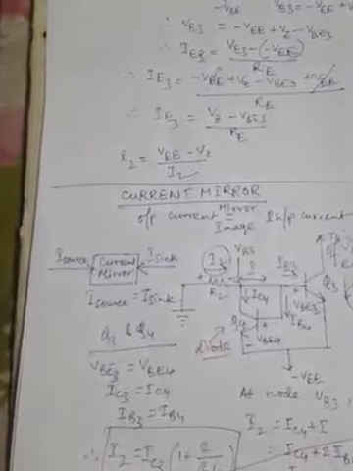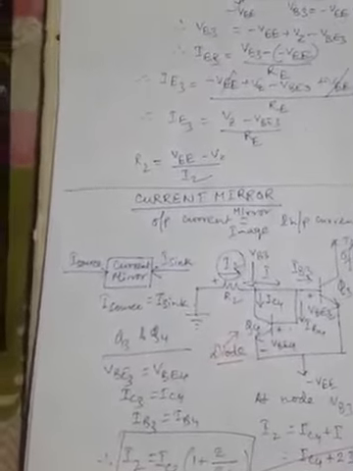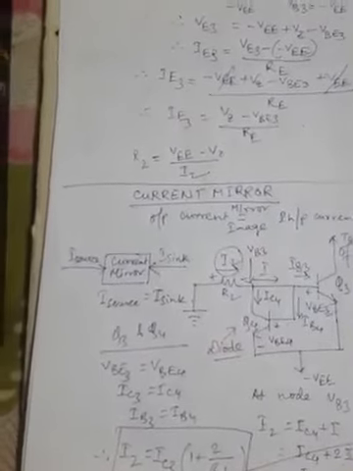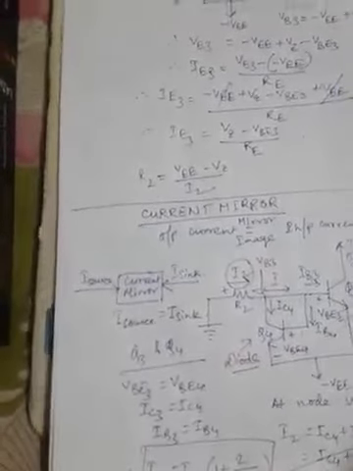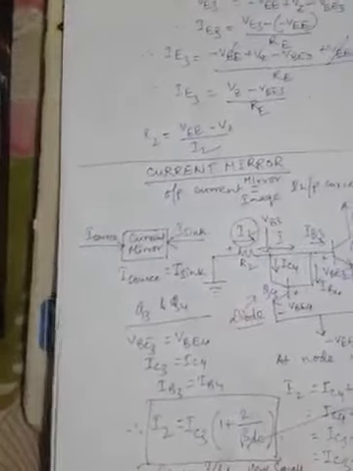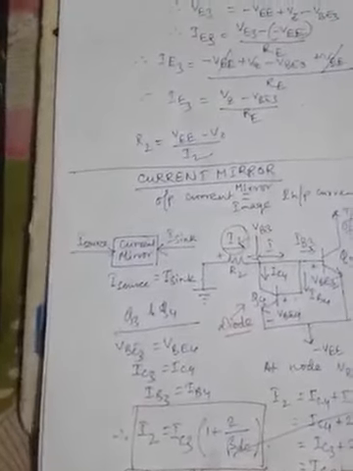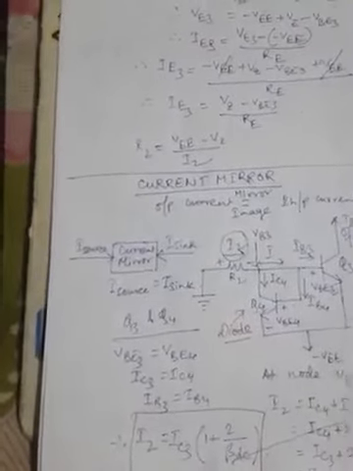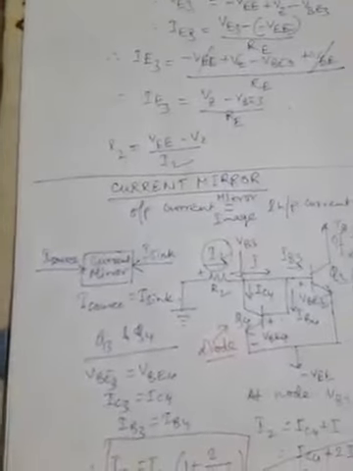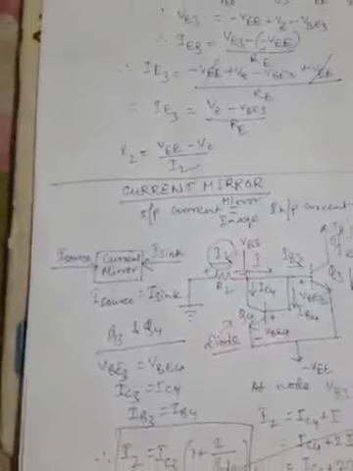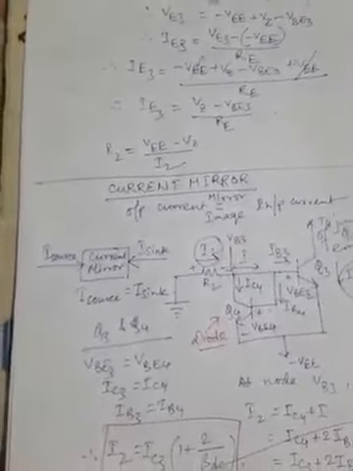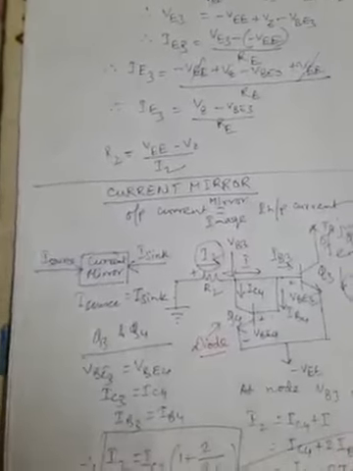That's why this circuit is called a current mirror circuit, and it is used along with the constant current bias circuit for setting up the DC emitter biasing, or constant current biasing rather, for differential amplifier operation. So that's all we have from this current mirror circuit to be discussed. Thank you.